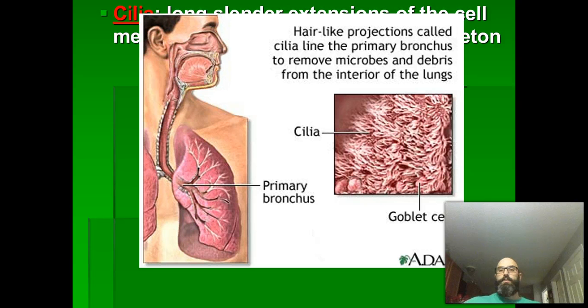They try to trap those within the mucous membrane, and then they create a flow that moves up from the lungs, up your trachea, into your mouth, and then you swallow mucus, saliva, or in extreme cases when you have bronchitis and you have that hardcore cough and you're hacking up phlegm, that's because there's crud in there that you don't need, and your body's trying to get it out. So the cilia trap it in the mucus, and this cough happens, which has a positive purpose. Even though it hurts, you're trying to hack up stuff that's not supposed to be in there, that's trapped by the cilia in the mucus.